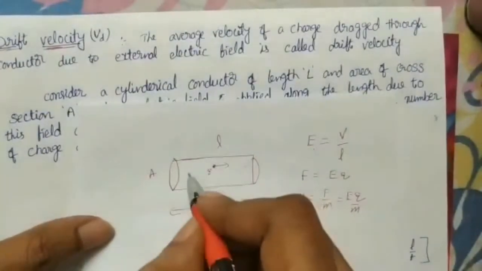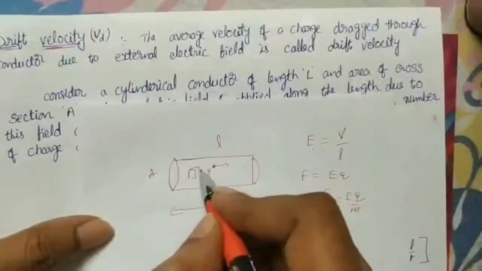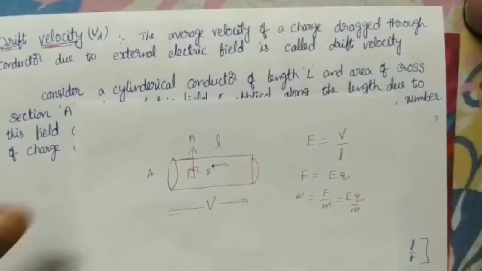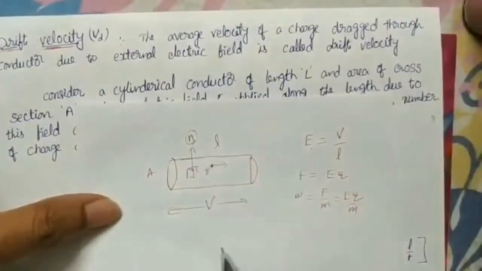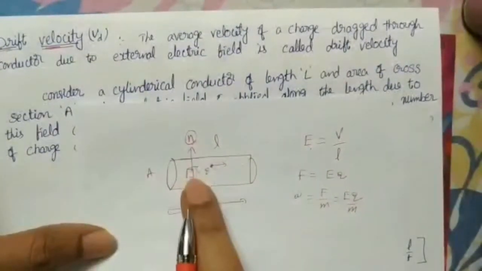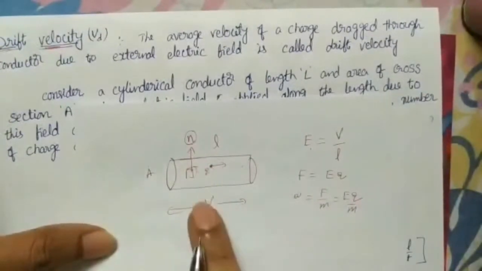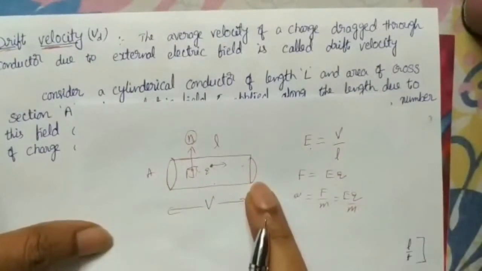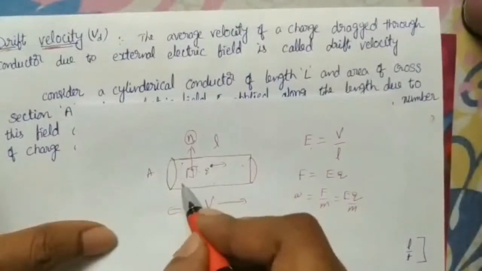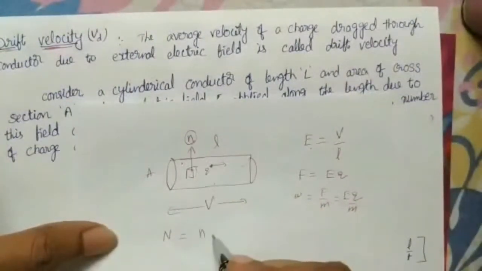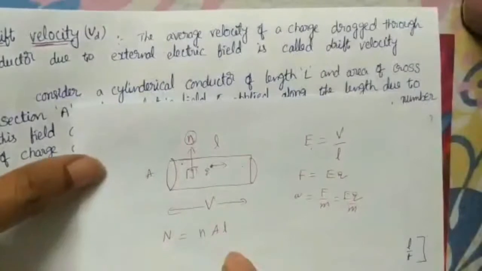Suppose for example you take unit volume. If you assume a unit volume inside, how many charge carriers are there per unit volume? The number of charges within unit volume is more for good conductors and less for insulators. Semiconductors have an average value. More free charges means more electrical current flows. So how many such charges are there in the whole material? The number of charges present in the material is N per unit volume, and the volume of the conductor is area into length. This many charges are there.